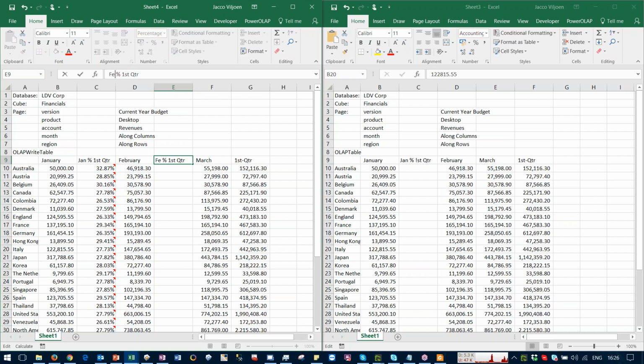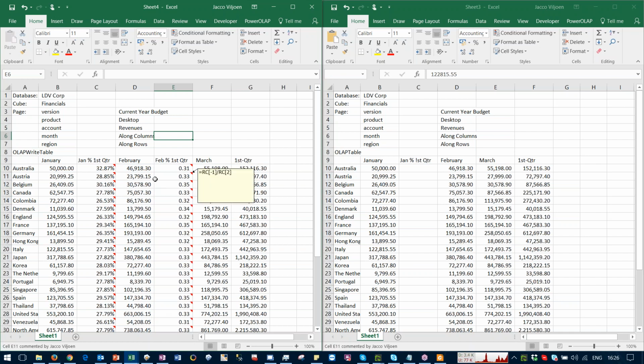And then we want to go through a little exercise where, let's see how we can write that one. That would be February divided by first quarter and auto-fill that down. Now, very often we want to allow individual users to formulate their own budget figures. So instead of having it manually input, we might want to say that we want to increase February by 2%,